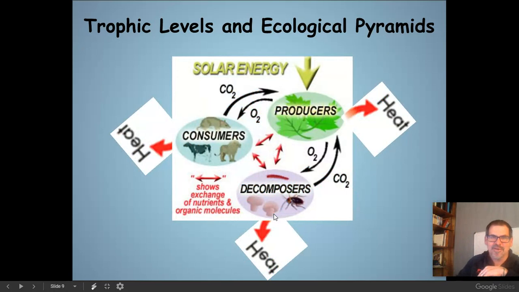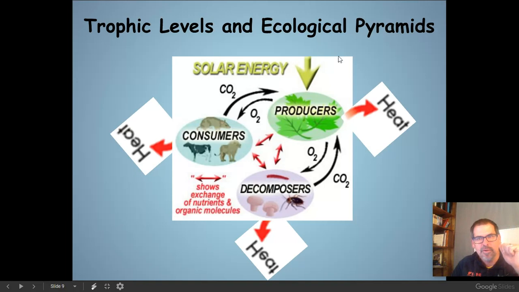All right, just about done here. Again, nothing to write here, but just consider the graphic. Pause it for a second and consider the graphic and listen to the explanation. We know from photosynthesis and cellular respiration that consumers give off CO2 and producers give off oxygen. We haven't covered decomposition yet, but we know that decomposers can break down consumers. Decomposers give off CO2, producers give off oxygen. This bit here shows how matter gets recycled. We're going to get to that next.